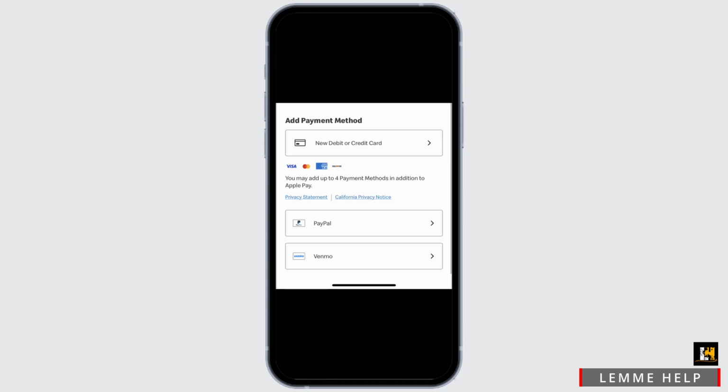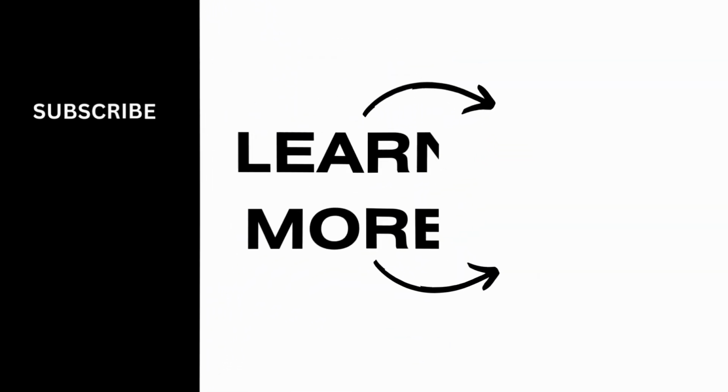And if you want to continue with the package, you can select any of the subscription packages, then your card will be charged accordingly. So make sure to go ahead and give it a try, and thank you so much